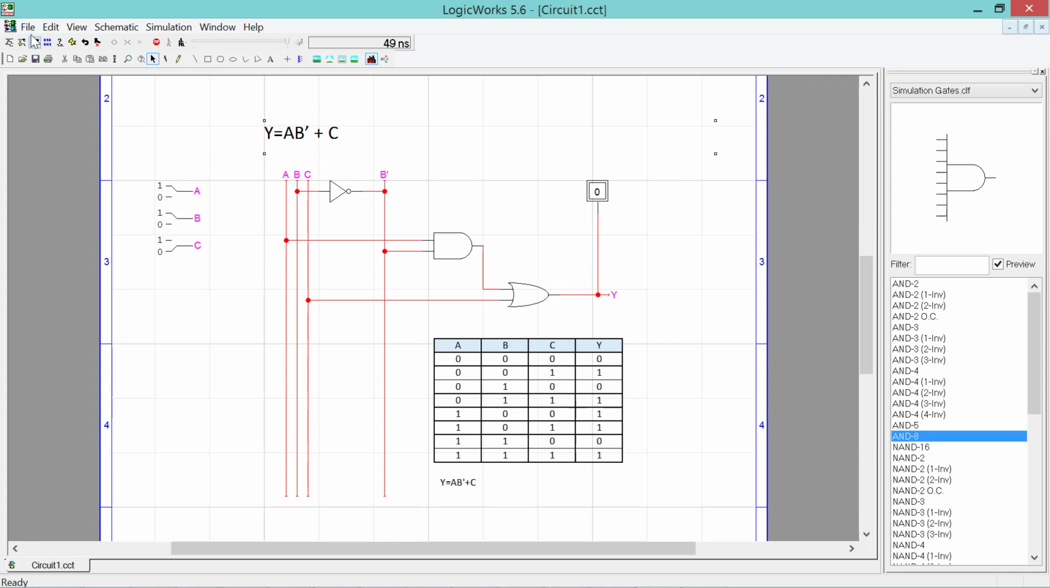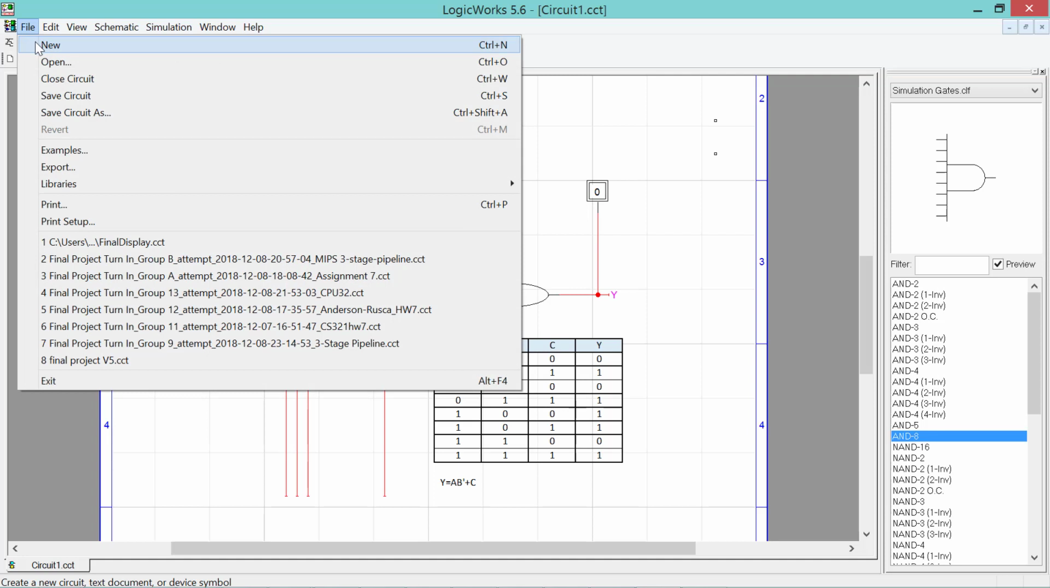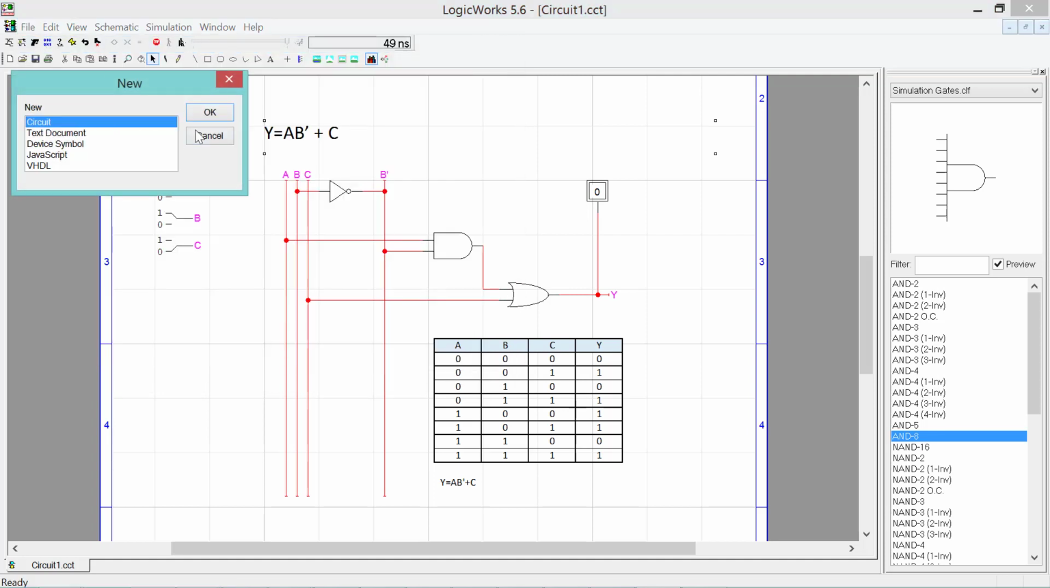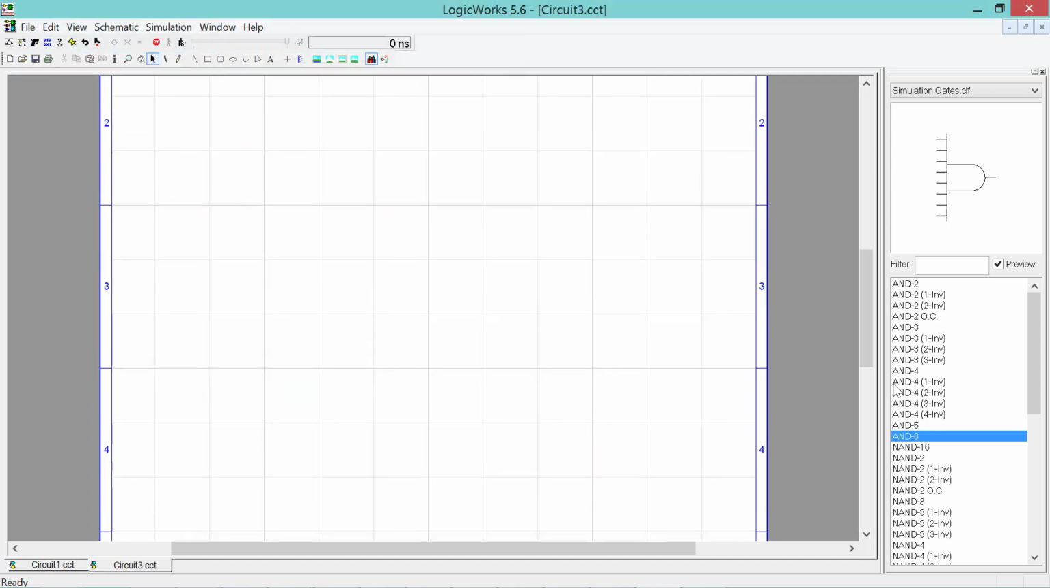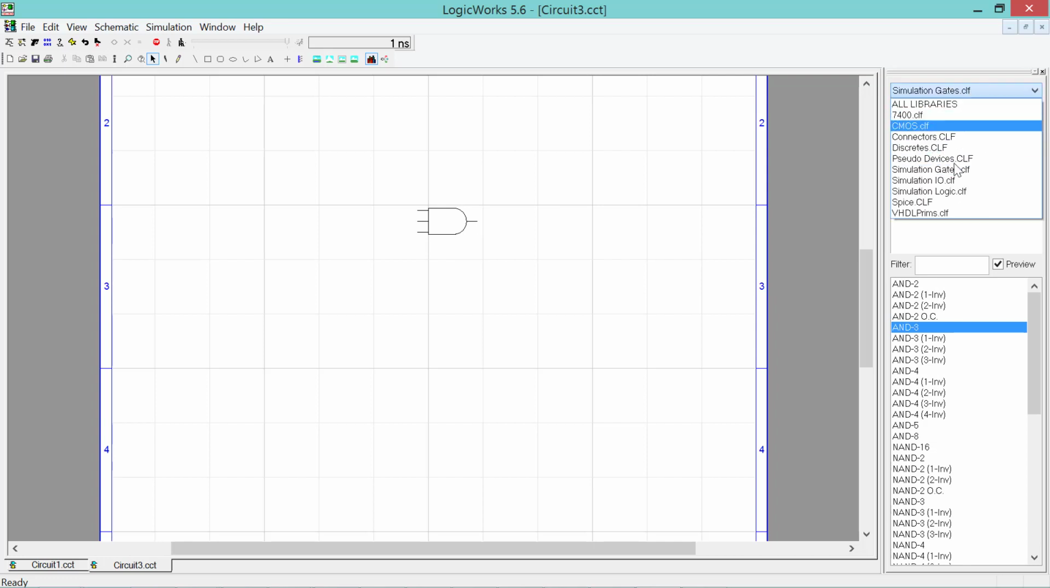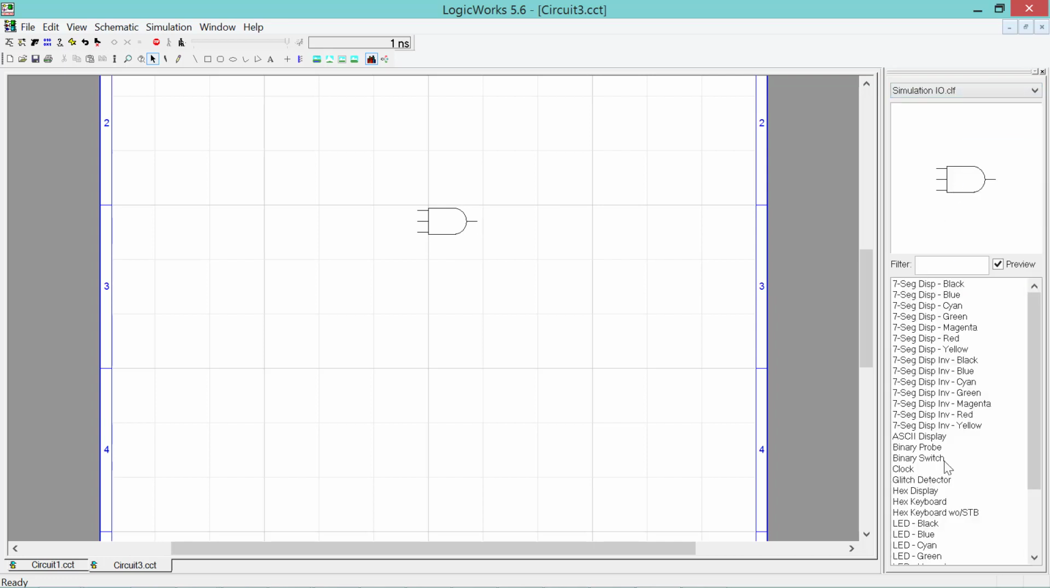Let's go through a simple example here. File, New, and we'll create a new circuit. And let's say, for simplicity's sake, we wanted to have an AND 3. Now, we'll place this here, and we will place simulation IOs. We'll place 2 binary switches